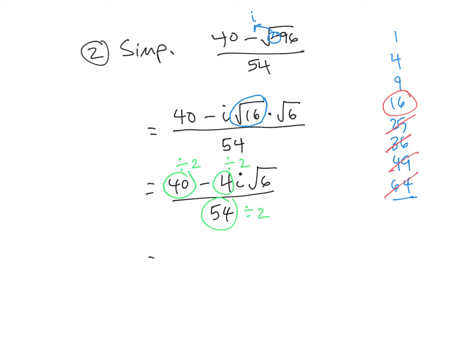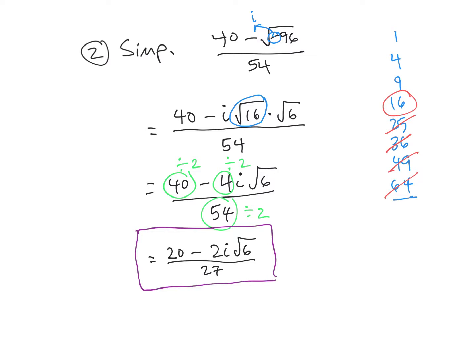And I'm going to come up with 20 minus 2i square root of 6, divided by 27. And between you and me, if that is what you put, that is a perfectly correct, good, beautiful answer. If you've already gotten in the MyMathLab habit, when you have an imaginary number, of splitting it up and putting it in standard form,